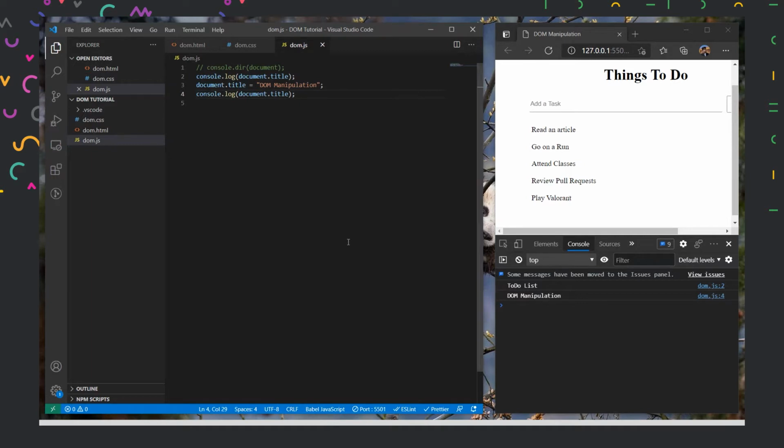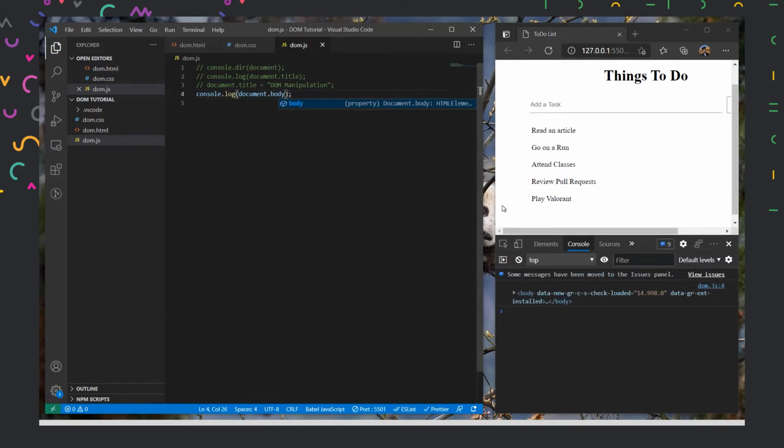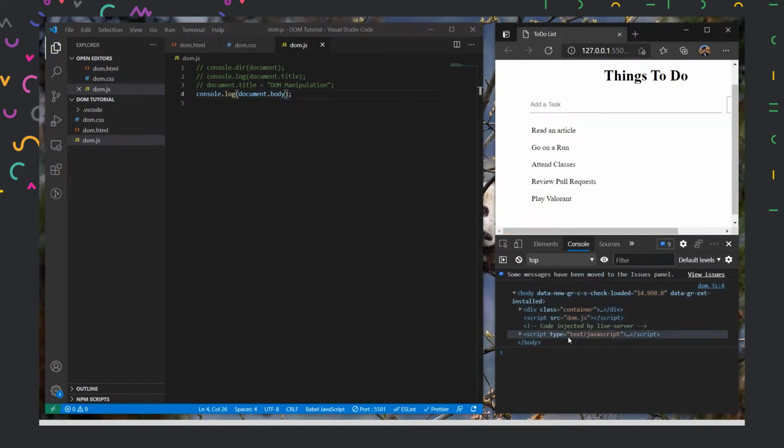Now, if I have to select the whole head part of our whole document, then what we could do is we could just type head, and it will give us all the properties inside our head tag, all the elements inside our head tag. Similarly, it will give us for the body as well. So like this, we could see what are properties inside body, and like this, we could select them.